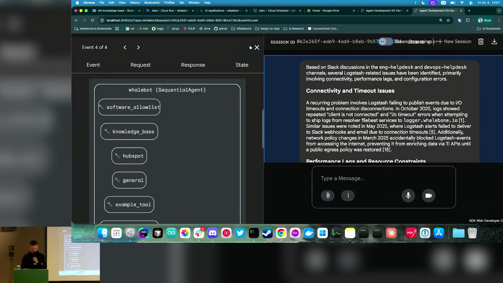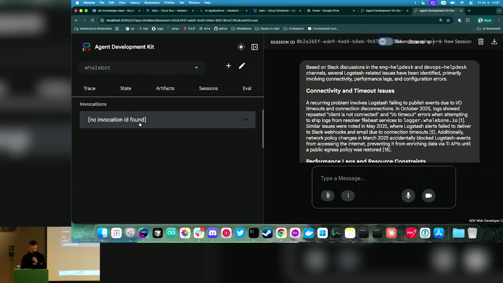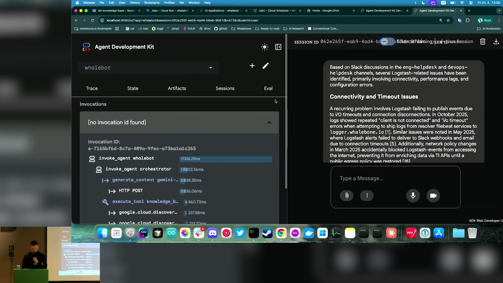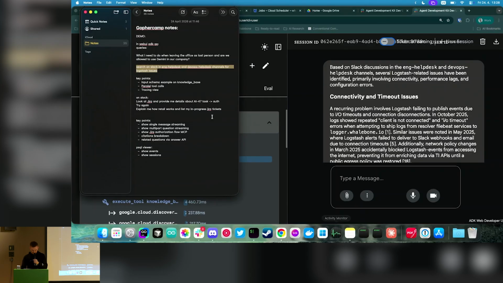Okay, what else can you see in the ADK? I talked about traces, so let's look at it very fast. So this is basically how it looks. There is some time, how long the whole invocation took. You can see 17 seconds. Then you see the orchestrator was run. It executes the knowledge base, and then you can see the synthesizer, which runs as well. So you see the traces, you see the spans. I think that's it from the ADK, and the last thing I want to show you is how it looks